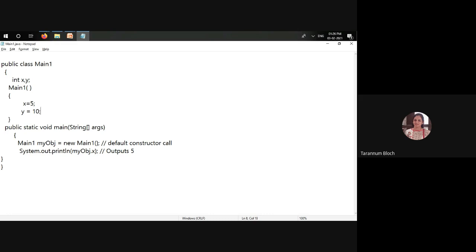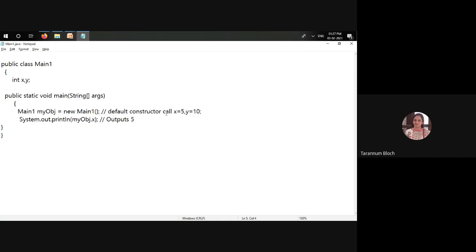I'm saying that it will assign the initial value. If it is defined by the developer, then it will give it here, X and Y. It will give X is equal to 5 and Y is equal to 10. But suppose we don't have this code, the developer has not written this code. In that case, the initial value of the integer X will be 0 and Y will also be 0. Fine? Is it clear? And even if you are not defining it, automatically your compiler will call it. Okay?